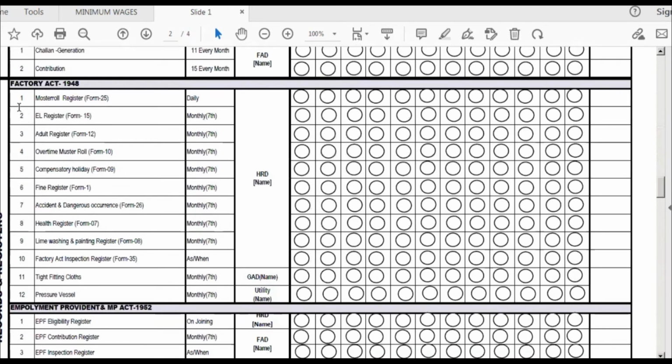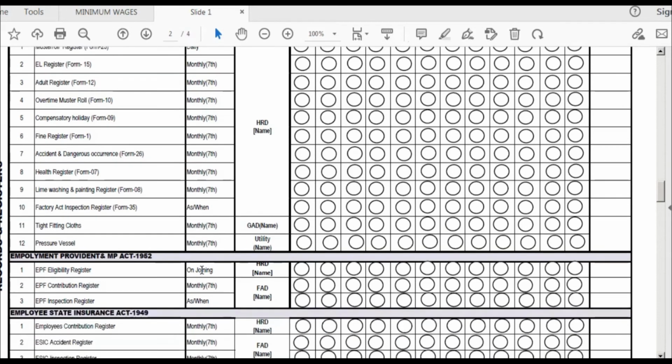Under the different acts, what are the different records you are required to maintain, what is their frequency, who will be the responsible person, and how you have to monitor that and their status, so you can mark it here month to month when you have finished it. However, this program is going to make you an administrator also, so there will be subordinates who will help you, but you have to initiate this template